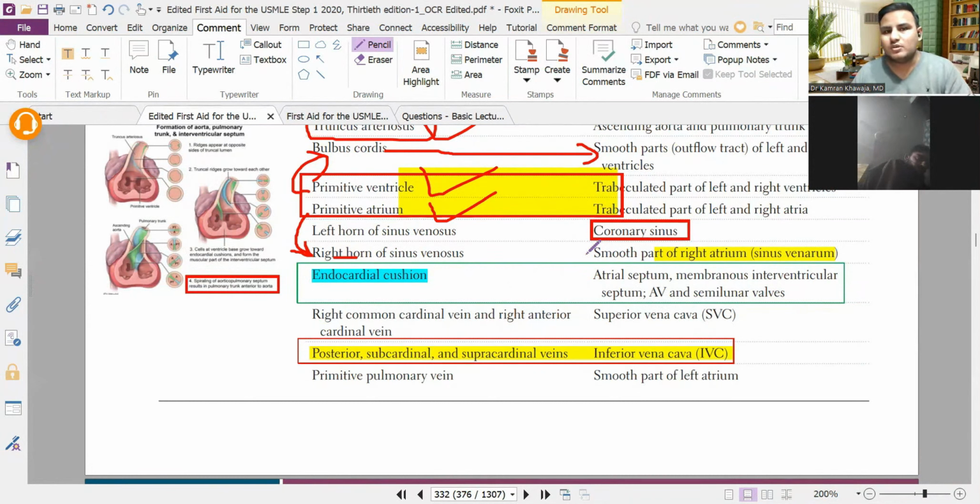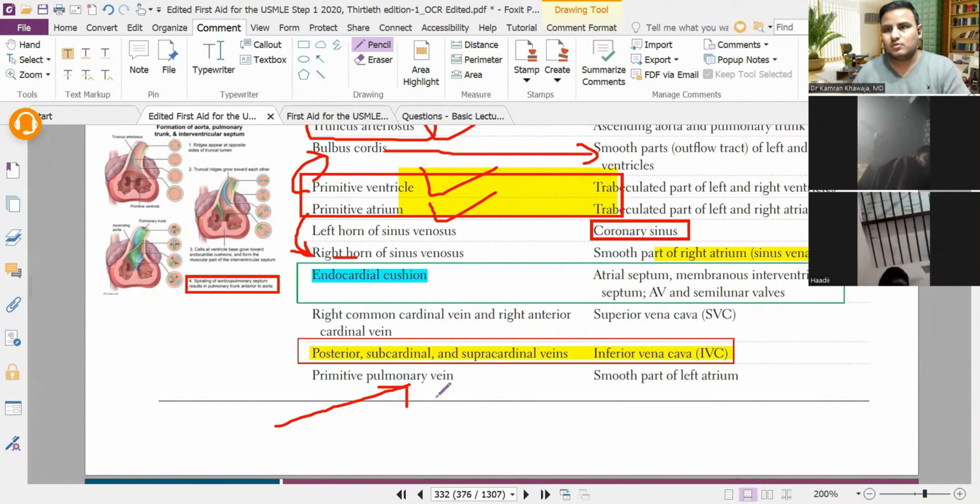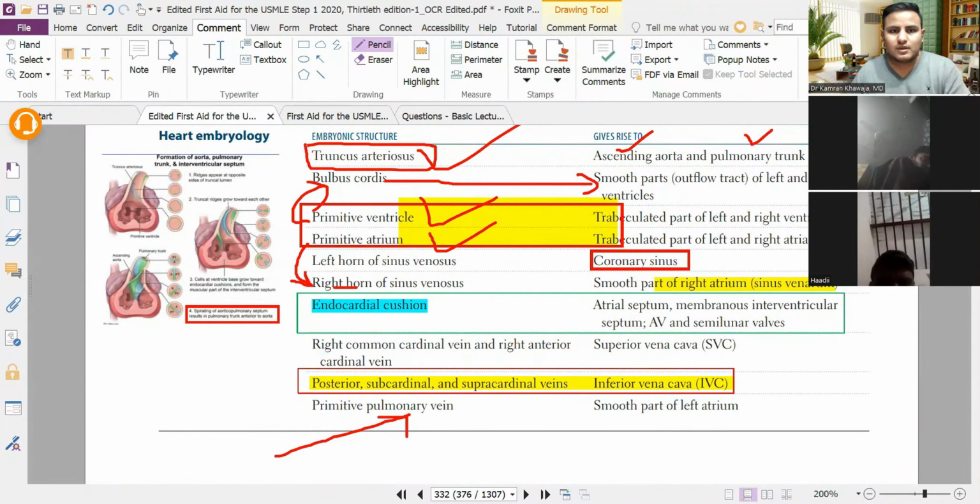फिर यहाँ भी कहानी खत्म नहीं हुई। राइट एट्रियम का स्मूथ पार्ट पता चल गया, तो लेफ्ट वाला कौन बनाएगा? ये हाई यील्ड पॉइंट है, एफसीपीएस, एमडीएस, यूएसएमएलई में ये पूछा जाता है कि लेफ्ट एट्रियम का स्मूथ पार्ट कौन बनाता है? दिस इज वेरी वेरी इंपॉर्टेंट। लेफ्ट एट्रियम का स्मूथ पार्ट बनाता है पल्मोनरी वेन। स्टूडेंट्स अक्सर ये सवाल गलत करते हैं एमडीएस में, एफसीपीएस में, यूएसएमएलई में। तो लेफ्ट एट्रियम का स्मूथ पार्ट पल्मोनरी वेन से बनता है, रिमेंबर इट, वेरी वेरी वेरी इंपॉर्टेंट एमसीक्यूज।